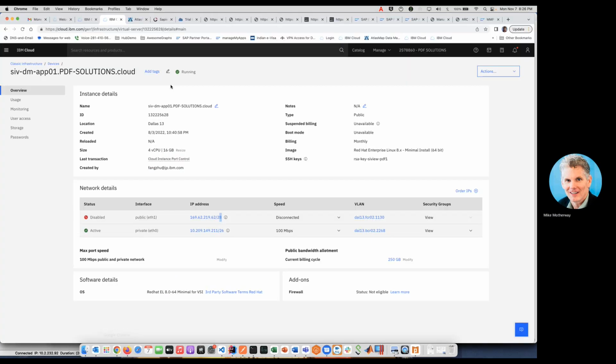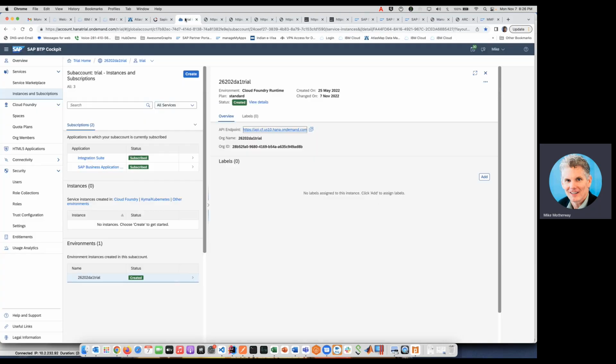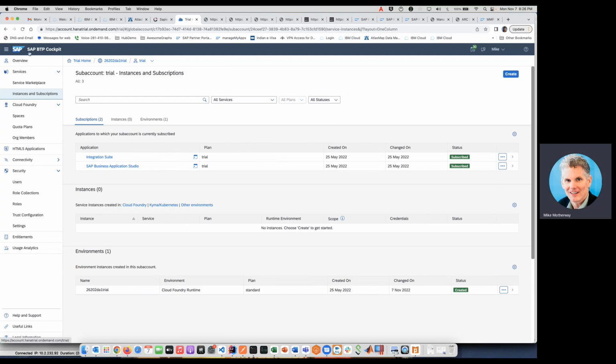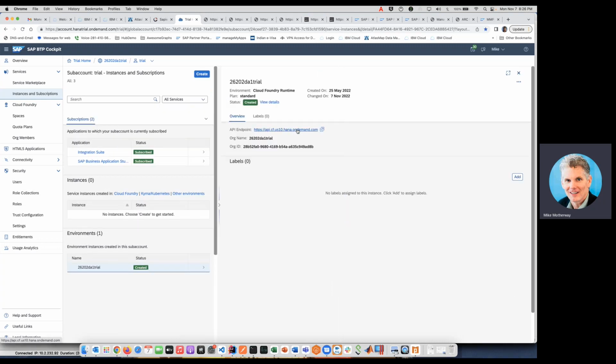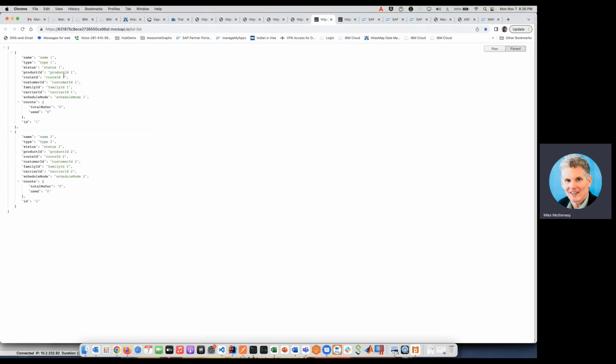On the target side, you can see we've got this account on SAP Cloud with a trial instance of SAP S/4HANA. If you take a look at that, it's got an endpoint here. It's just a health check endpoint showing you that S/4HANA is running at this endpoint. So you do a query and you can see we start off with a couple of lots here